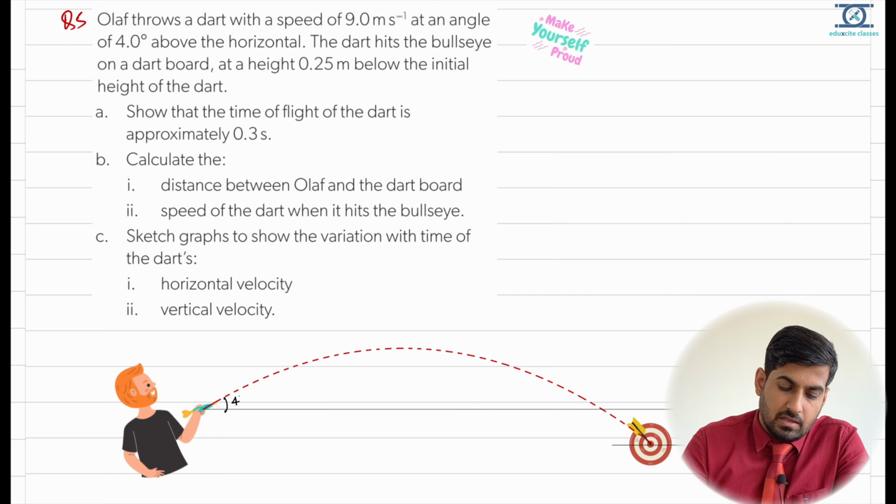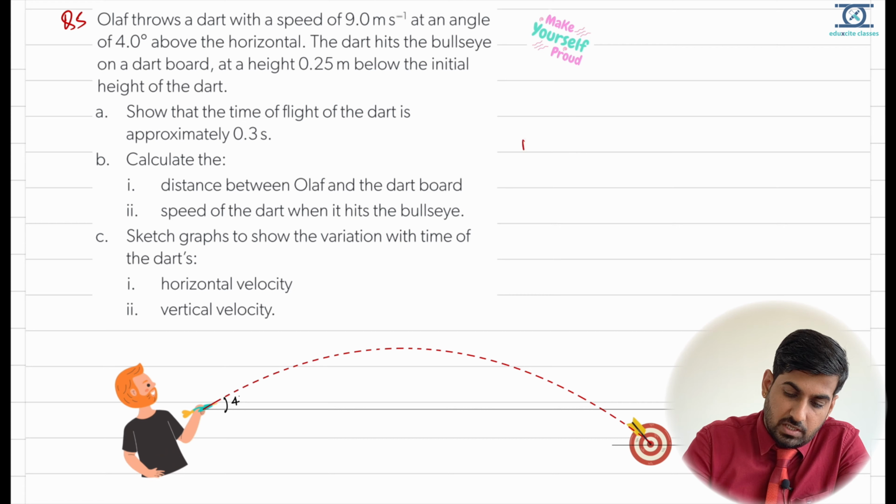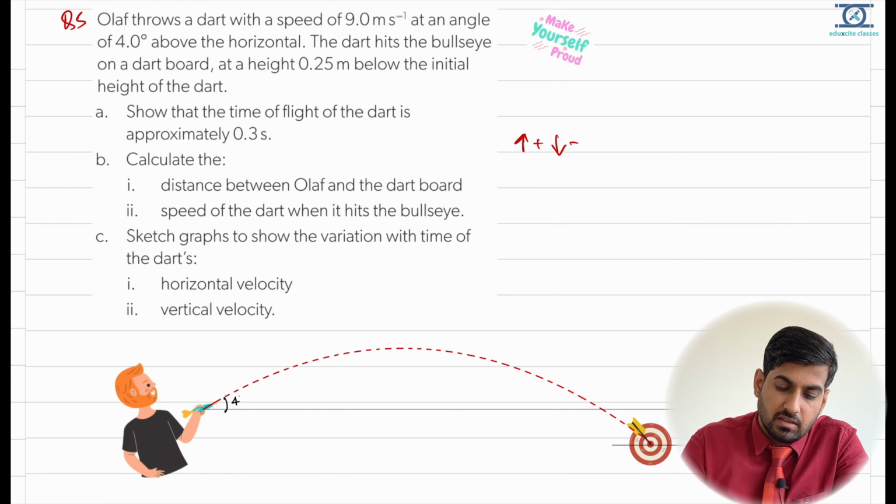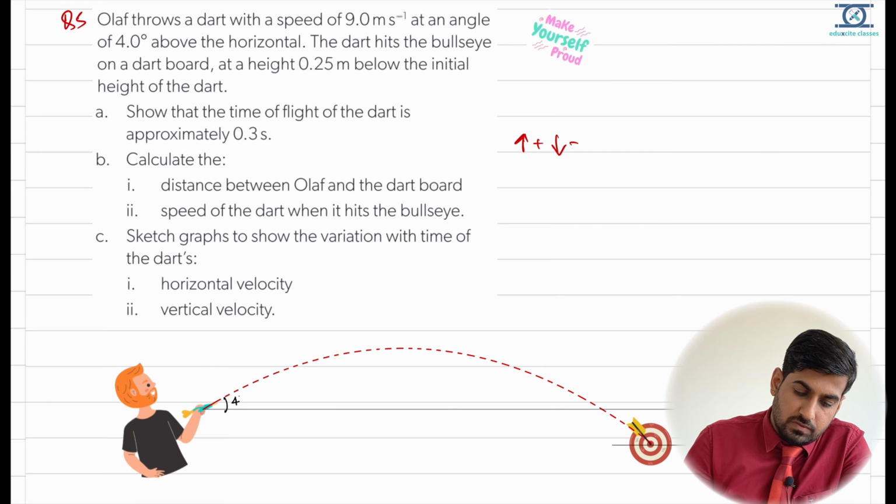Okay. Now you can see that the Olaf is throwing a dart and the net displacement is 0.25 meter in the downward direction. So here again I am using upward as positive, downward as negative. Now I have to show that the time of flight of the dart is approximately 0.3 second. So directly I can use for the A part